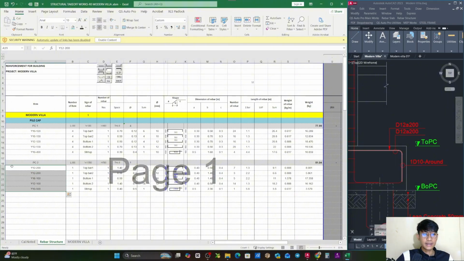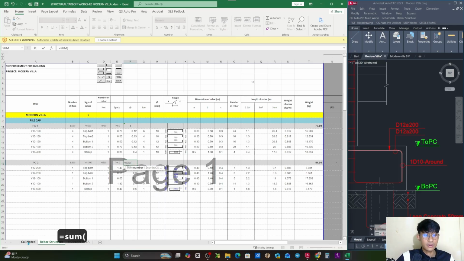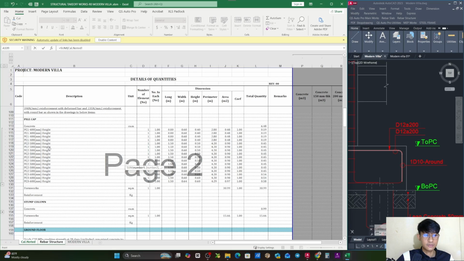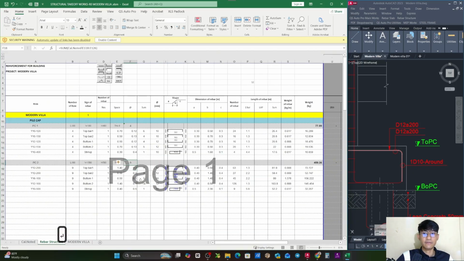So now all that we need is done. We don't have to do anything else. All we need is just the sum of the number of the pile caps. You can see it's really simple, right? Then you click the sum of type PC2 here. You can see it has all the PC2 we just saw at the moment. Then you click enter. Perfect. So that will be 9 of it, and the total quantity in kilogram is